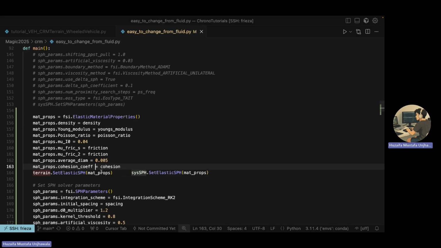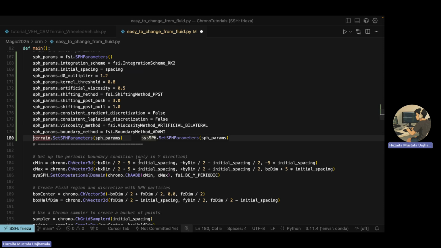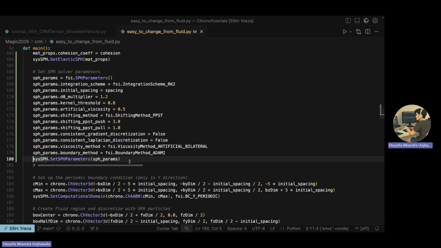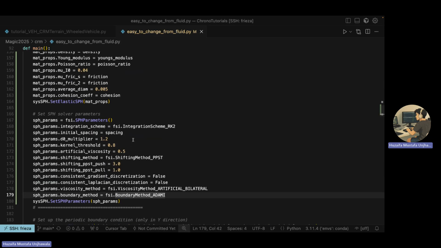As you would see, because I use Cursor, it finds out that I'm doing something wrong, right? In this demo, I don't have terrain. I don't have CRM terrain. And it's saying, look, use sys because that's your system. I'm just going to hit tab, and I'm going to hit tab again. Great, this is fixed. But what Cursor does not know is that these parameters are not perfect for